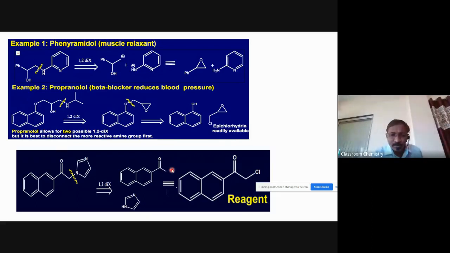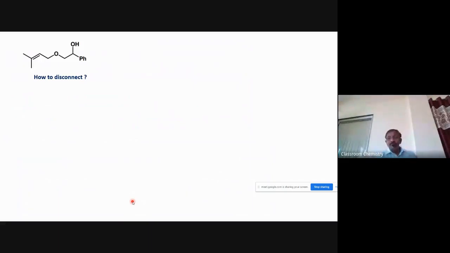So here we can get the corresponding positive charge, and here we can get negative charge, right? Positive charge on the methyl always corresponds to the corresponding halogen, and that's why we can get such a reagent over here, and the corresponding imidazole is there. Now, that is also a very simple molecule in which this is carbon number one, this is carbon number two, and this is the corresponding allylic group, and this is a hydroxyl group. So that is nothing but again a 1 2 difunctionalized compound,